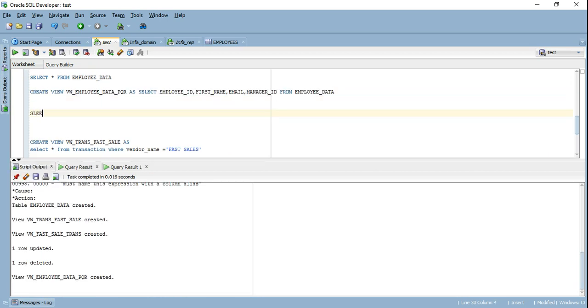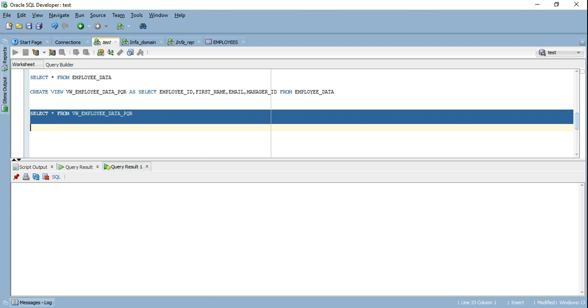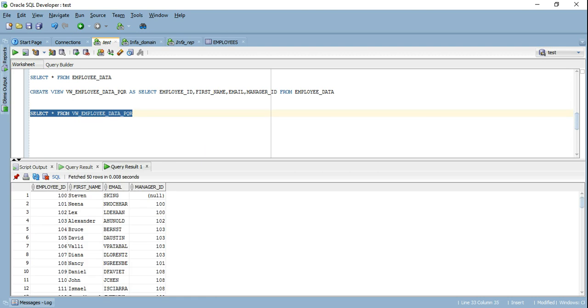The view has been created. Let's just quickly query our view. So I did that. Now let's again try to do certain DML operations and see if we are successful in that.